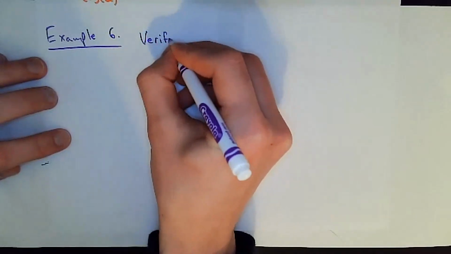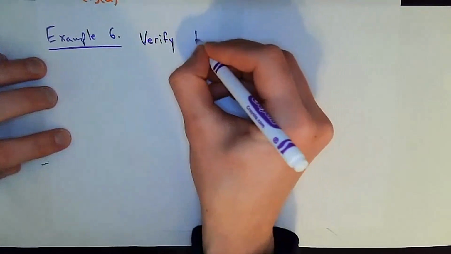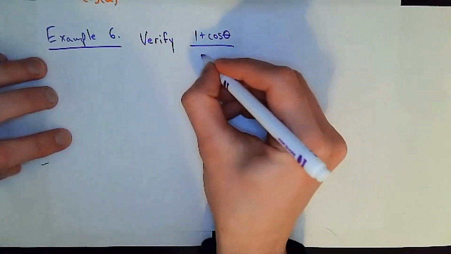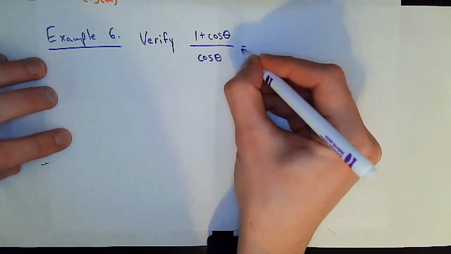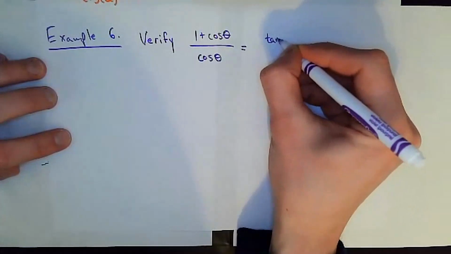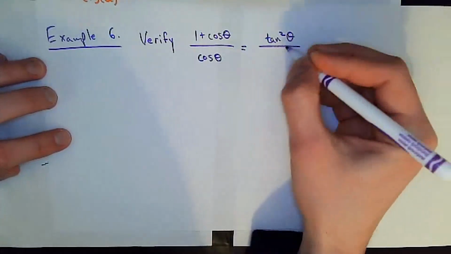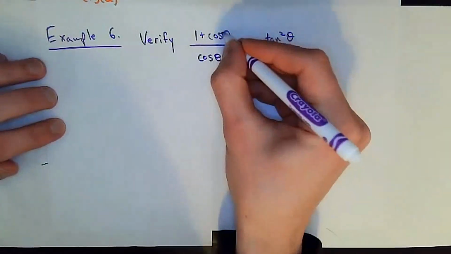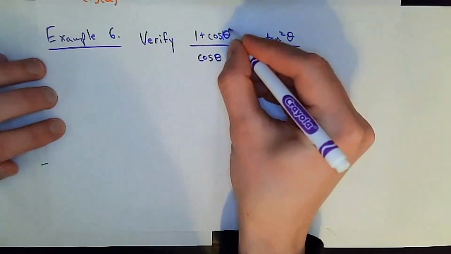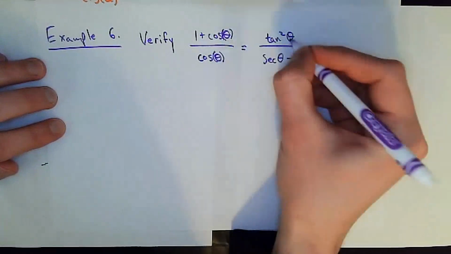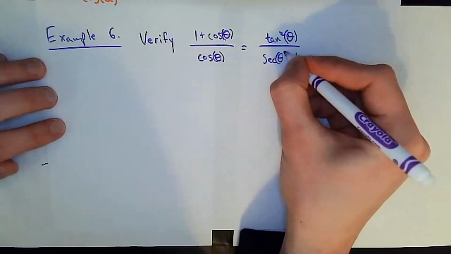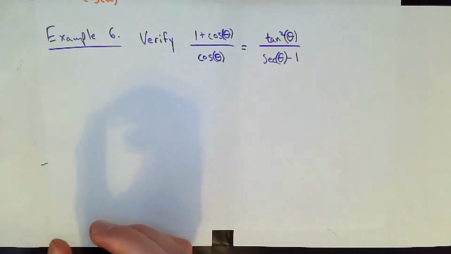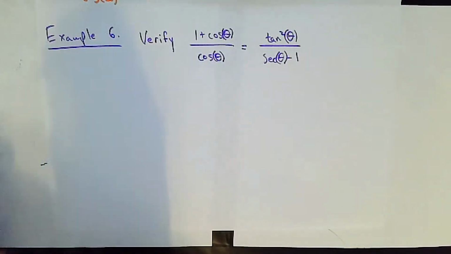I'm just going to say verify 1 plus cosine of theta over cosine of theta is equal to tangent squared theta over secant of theta minus 1, wrapping all the arguments for these functions in parentheses. There we go. All right, let's work that left-hand side